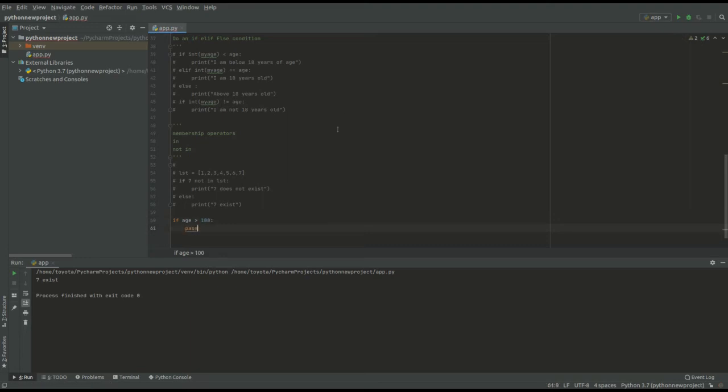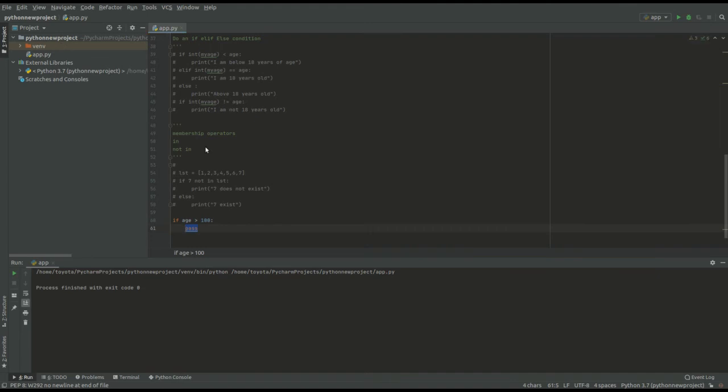You don't want to execute anything. So what do we do? We just pass. So it will work. If you don't need to execute anything inside this if statement, then you just put a pass. You don't print anything. So that's also one way of